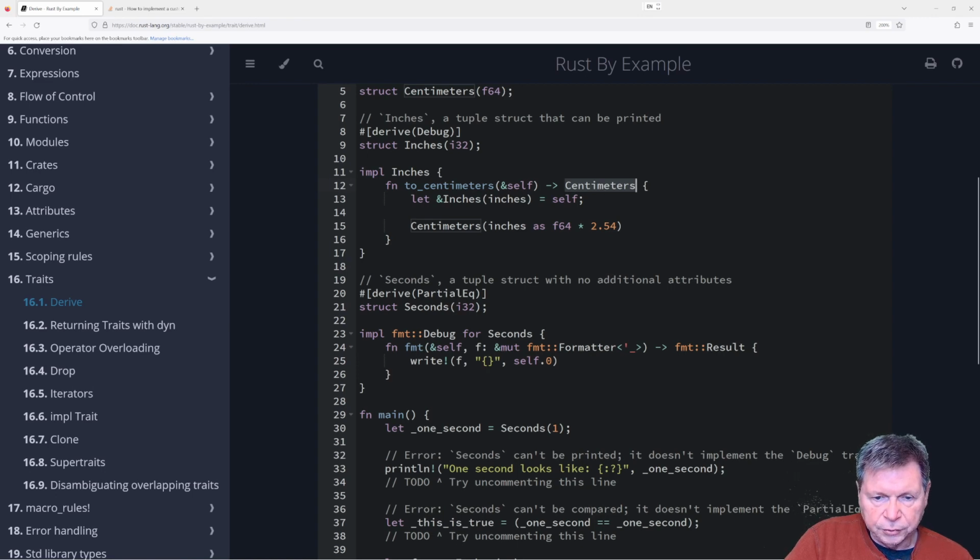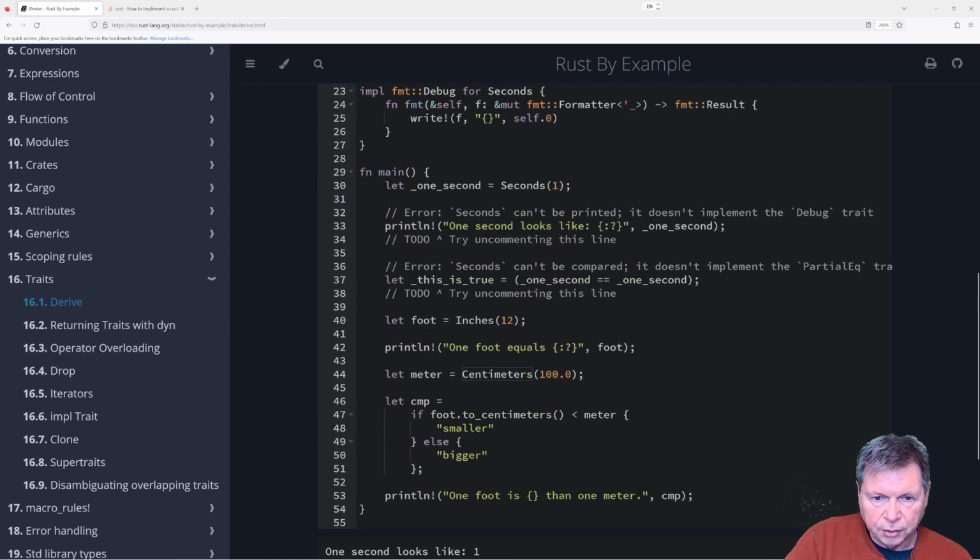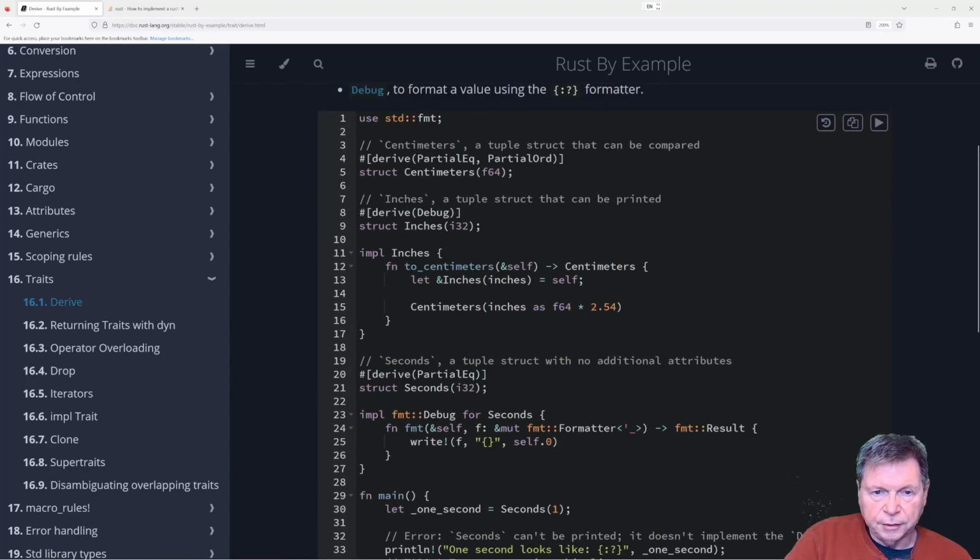We call the foot to centimeters, and that returned a centimeters object, but it didn't complain about ownership, which is kind of interesting. Here, though,